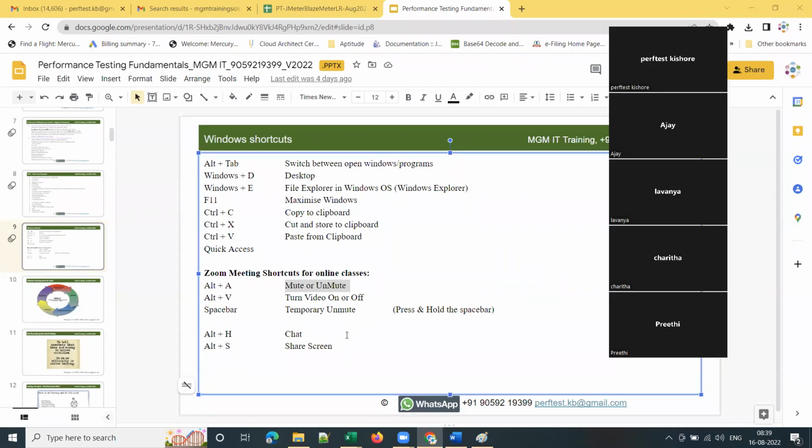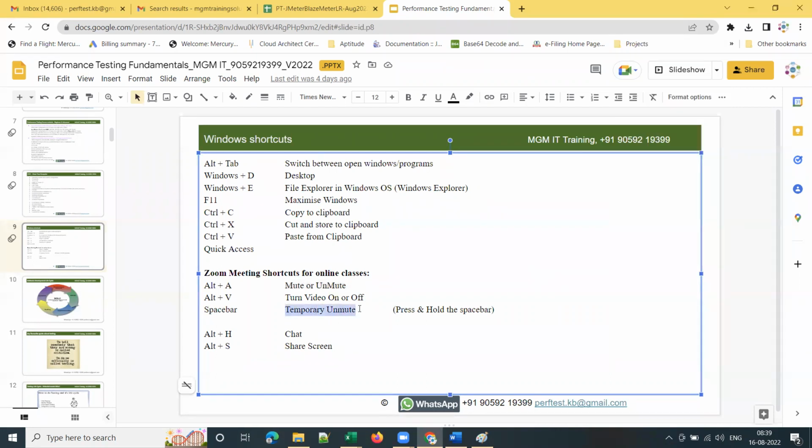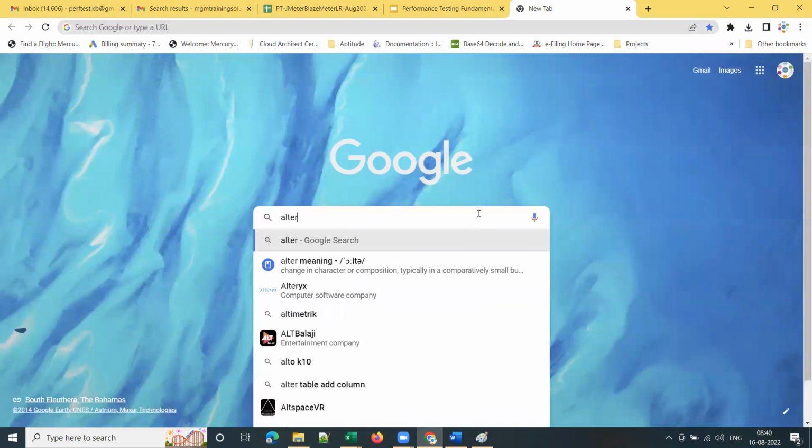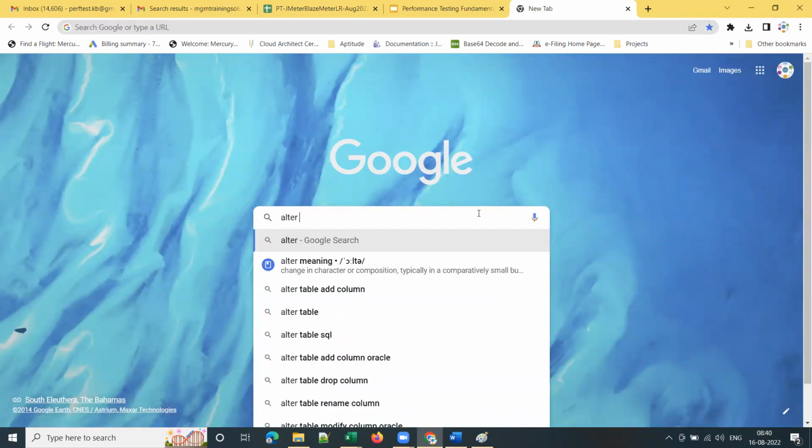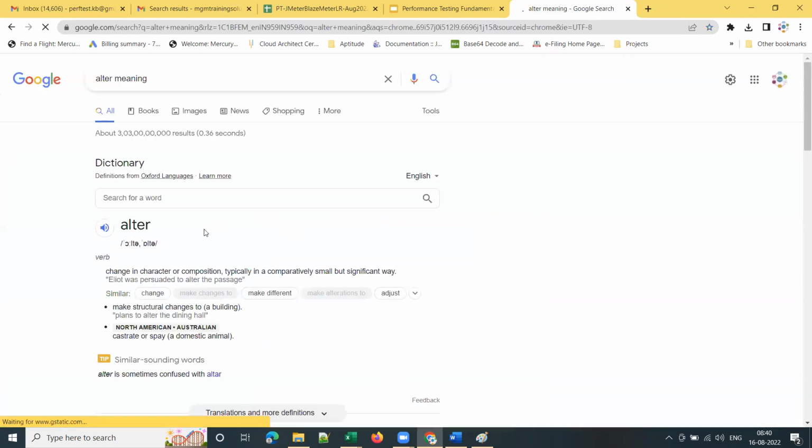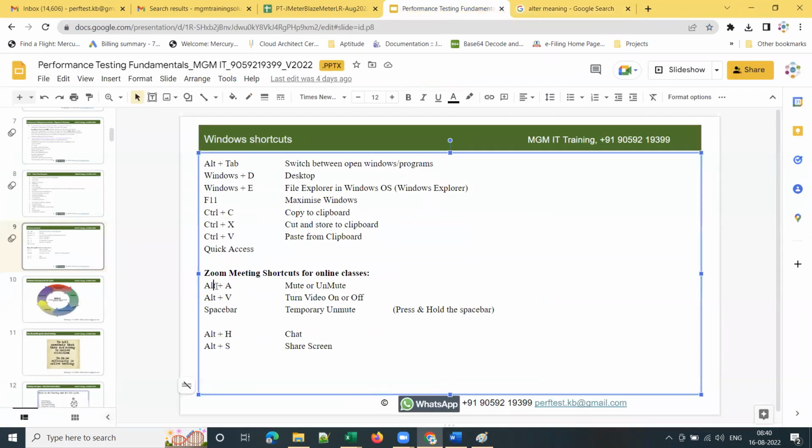One more shortcut: you can press and hold the space bar if you want to temporarily unmute. Alt is for alter. If you know that, you will not forget that shortcut. What is the meaning of alter, guys? Alter means change. So basically, that's how the shortcut came: Alt for alter, change, and A for